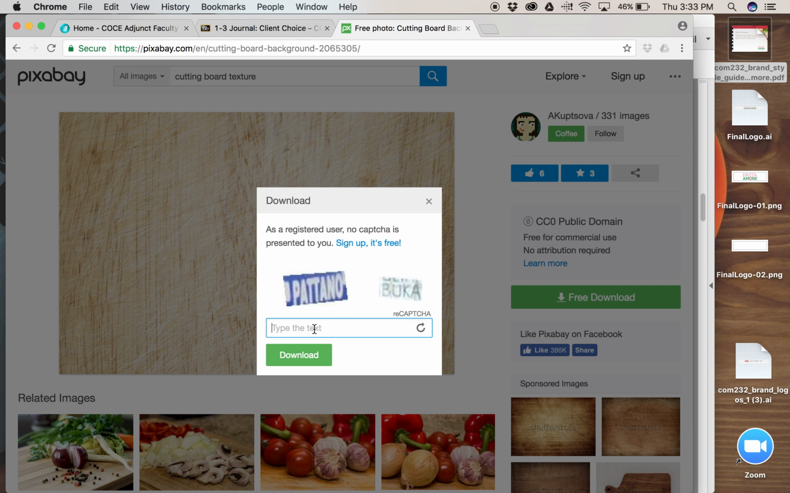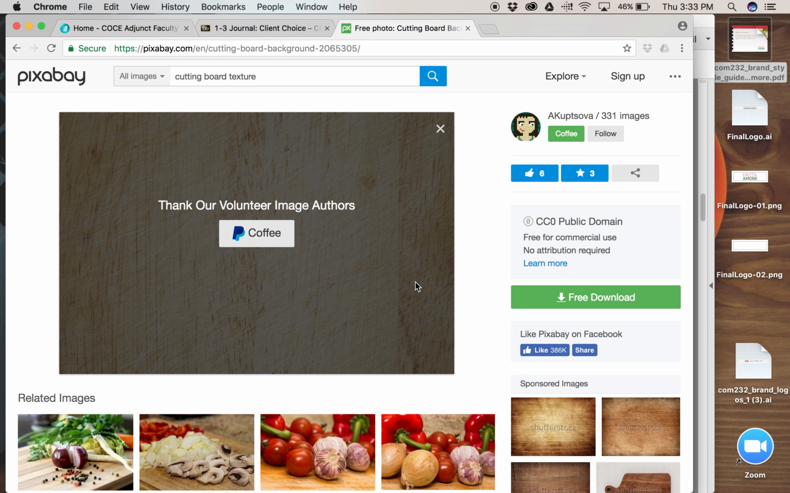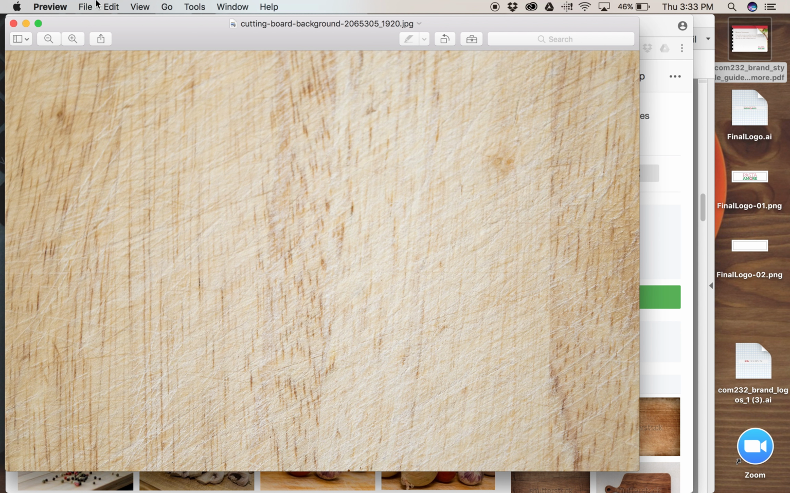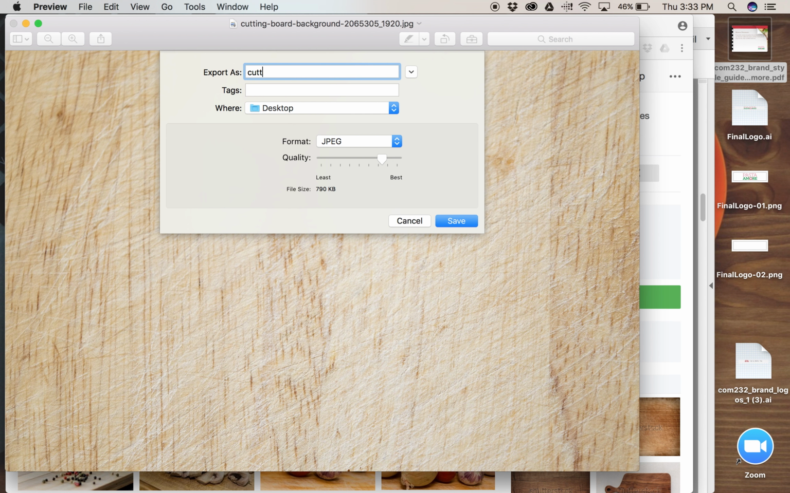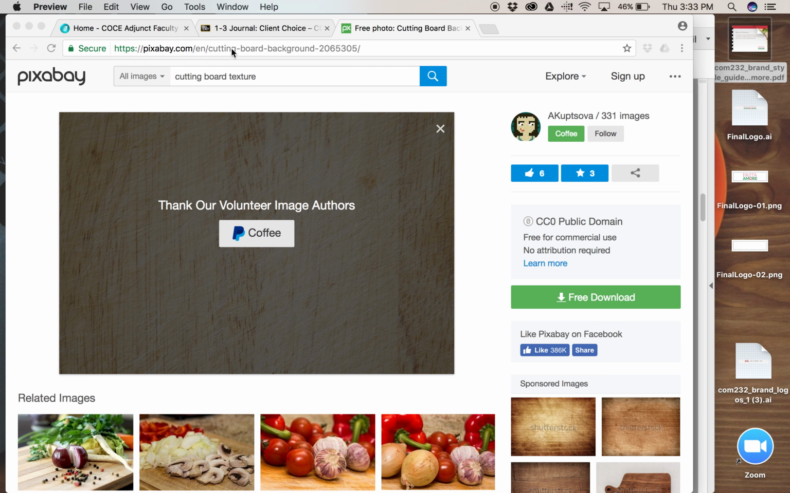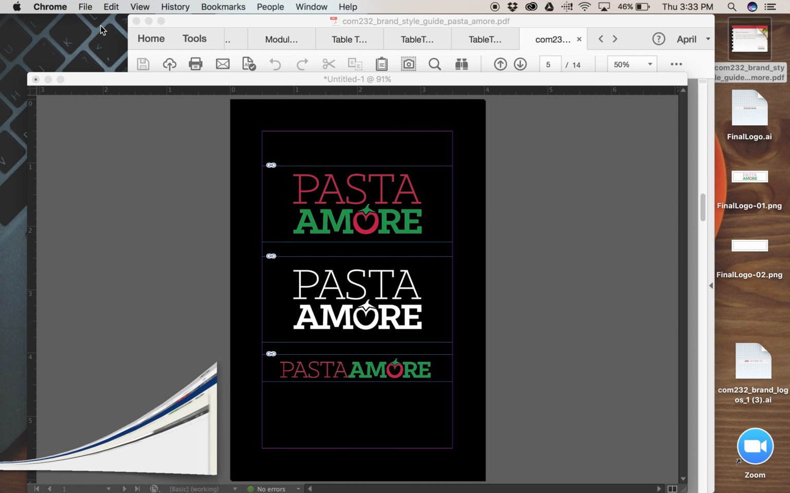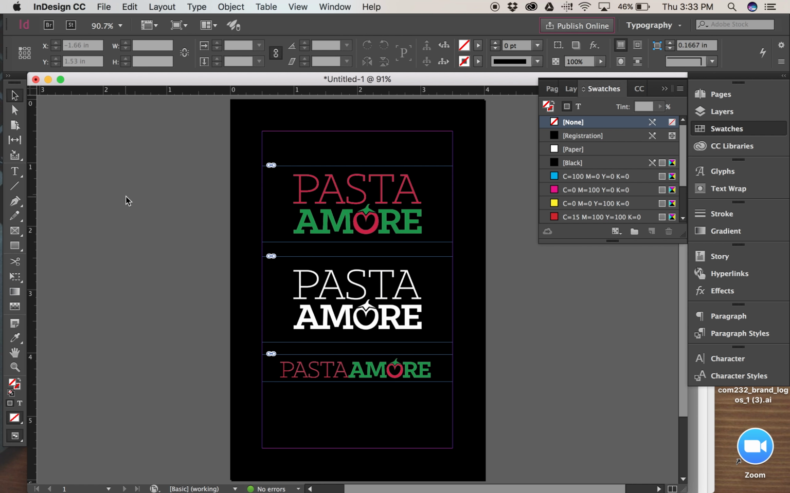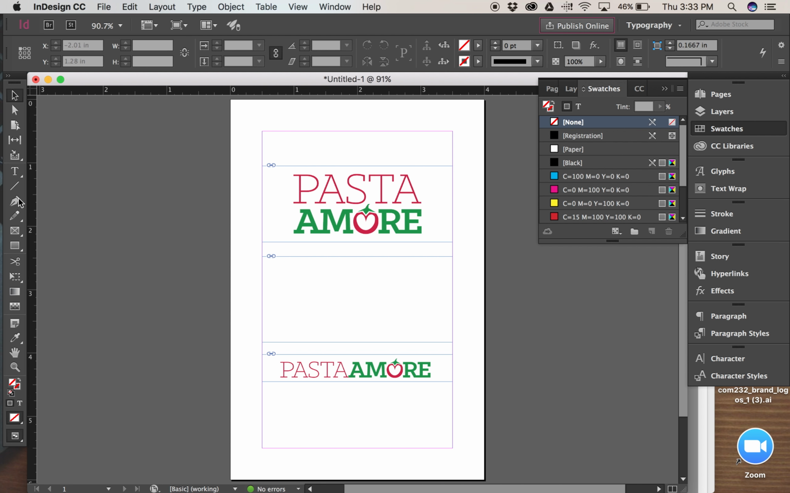You might have to type in these words. And then save it, export it out. And I'm going to do a JPEG. Now, a good thing to do is take that into Photoshop, save it as a TIFF before you place it in here. But you can also place it in here just as a JPEG as well, just kind of an FYI. So I'm going to take my frame tool